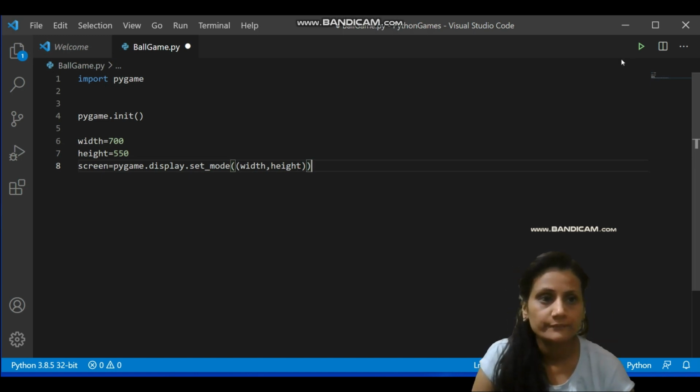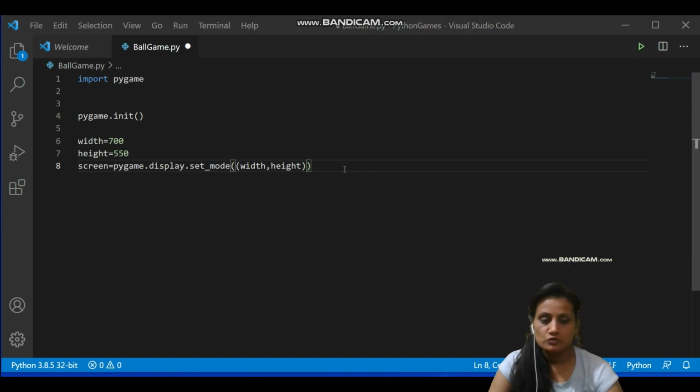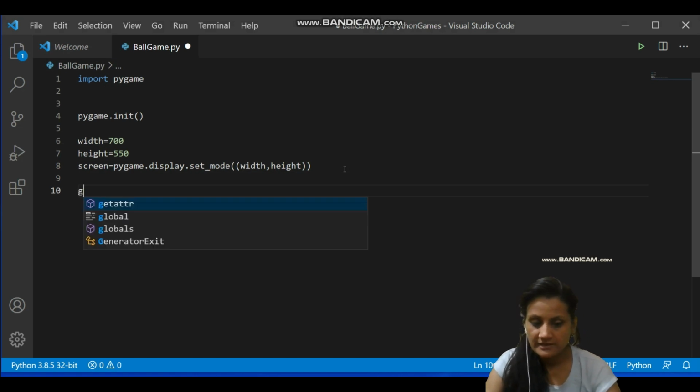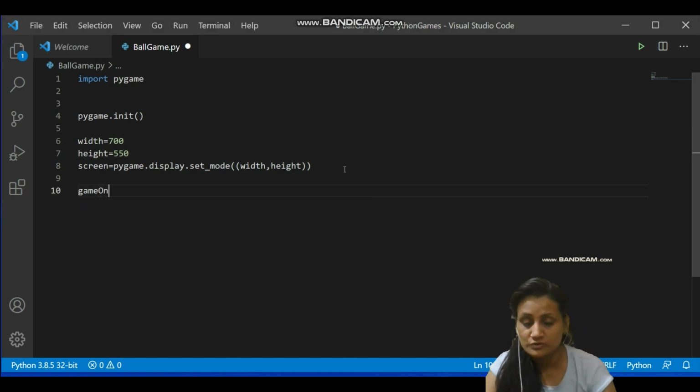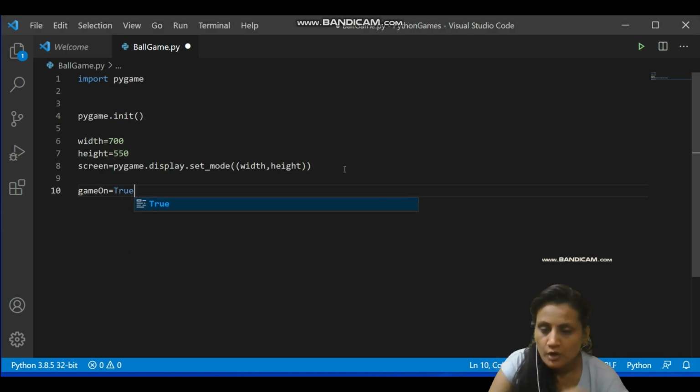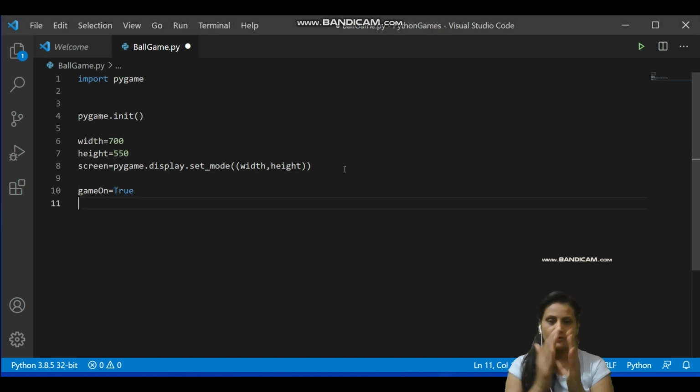So let's do that. What we do here is take a variable called game_on, meaning till the game is on you have to work. What is True? True means yes. So till the game_on variable is True, you have to work. But that must be inside the loop. As I told you, we have to keep on repeating the screen one after another for a certain period of time. Keep on repeating. This is the beauty of the game, the actual trick of any game.